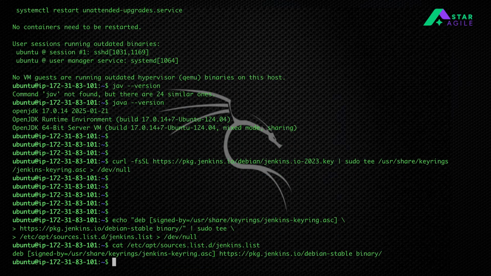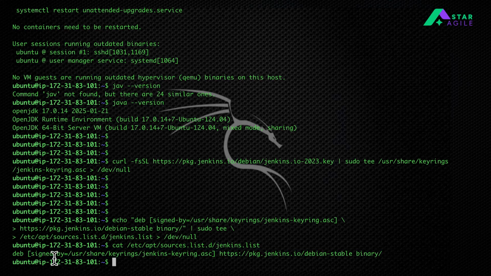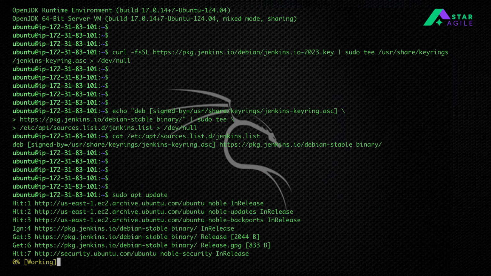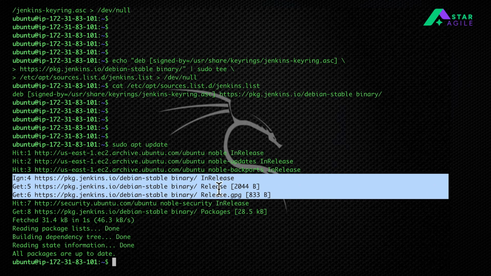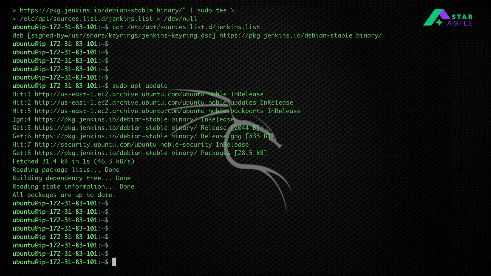So if I explore this, you will see this entry is being stored inside my Jenkins list, so that it has the entry to make sure that this is the key pairing for Jenkins, and this is a package of Jenkins that we are going to set up on this stable version on the Debian. Okay, all right. After that, you have to update, because this entry requires an update as a stable version. So you can see this here. So this is the package that it is basically updating in my repo. So this step has to happen, and after that we will be